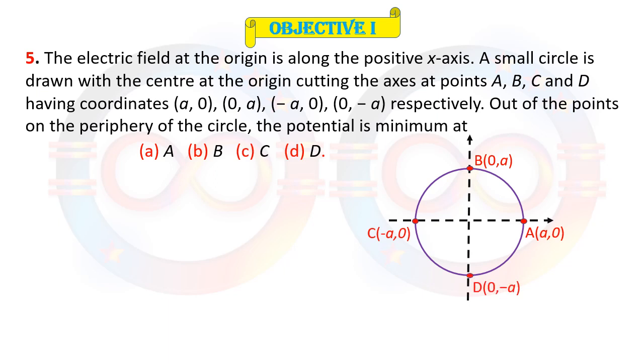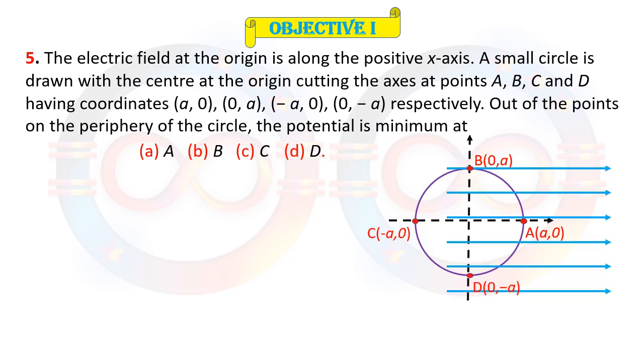You can see x-axis A0, Y0A, and then x negative and then y negative. The coordinates are given. Electric field is E. The question is, out of the points on the periphery of the circle, the potential is minimum at. So let's now find the potential. We know that E is equal to E i, because it is along the x-axis,